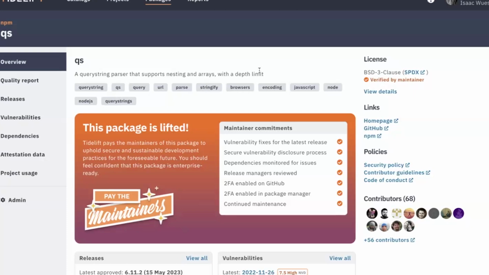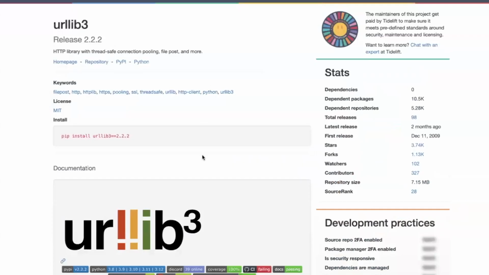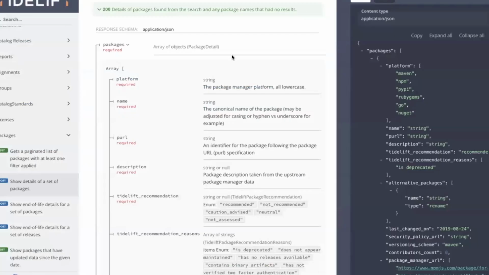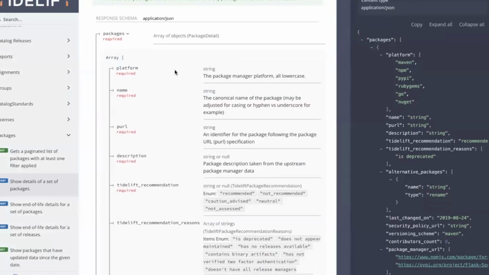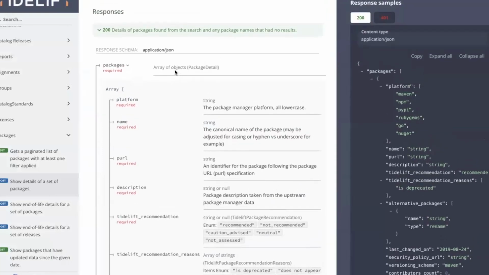In addition, though, there's an API side to this. Many of you who use libraries may already be aware that there's an API in libraries that's rate limited, where you can get access to this same set of metadata. Well, Tidelift, of course, also has a much more enterprise grade level API. You can always dig into the way this functions in our documentation here. I'm going to talk briefly about the packages API, though there are many other ones that we offer as part of the Tidelift subscription. So if we look right here, when we call the Tidelift API,